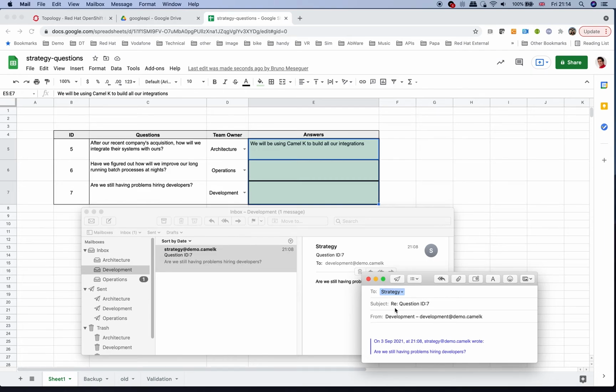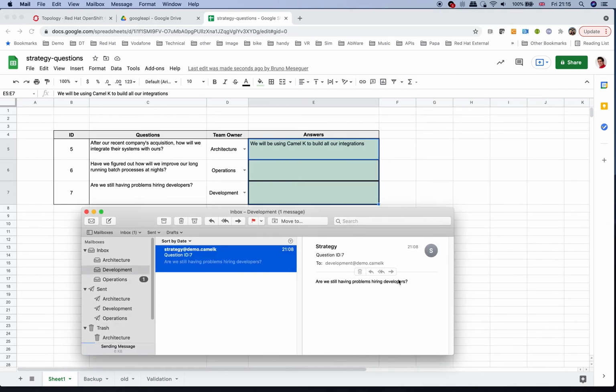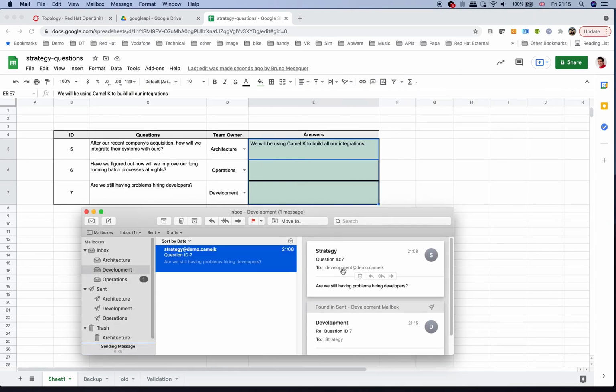So we say this is less of a problem with Camel K, because as we know, with Camel K we can build Kamelet bindings that just require pure configuration, and any Kubernetes user can do this without any Camel knowledge. So we send that response. And again, in no time, that should be updated in our spreadsheet, and we see that there on the 3rd